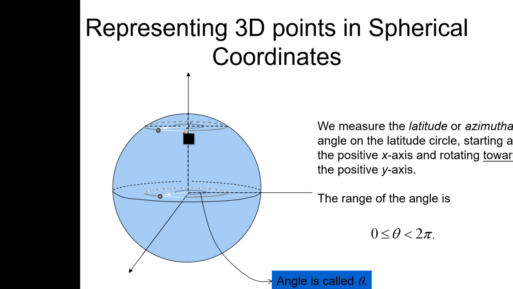So to understand the height, you just need the latitude angle, phi, or azimuth angle, because the angle just needs to go from 0 to pi. That is enough to specify the height or depth of the point on the sphere. But once you specify the height of the point, you have to specify the longitude, and that is the horizontal circle. The point can be anywhere on the horizontal circle, and that is why we have an angle of 2 pi, and that is what we call the longitudinal angle.